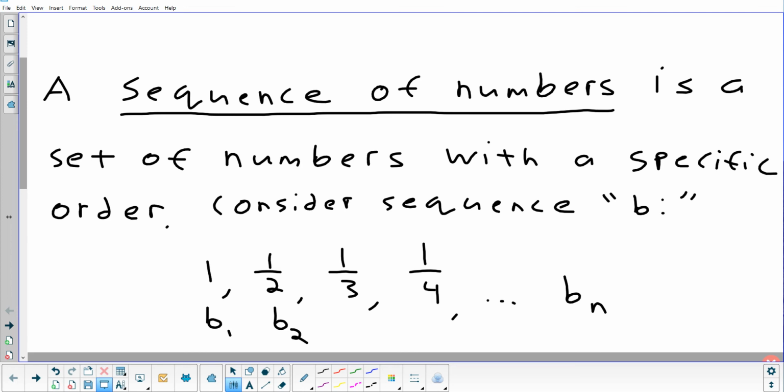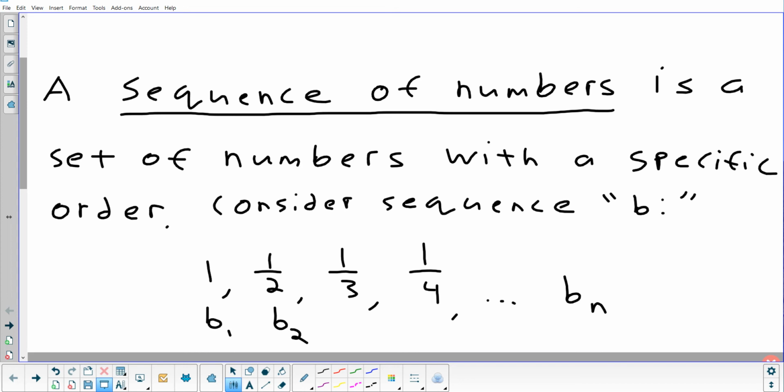Now, this particular sequence is what we call finite. Finite means that it stops somewhere. If you see dot, dot, dot as the last thing in a sequence, then that means it keeps going. So I don't know where this one stops, but it does stop somewhere. Maybe it stops at 1 million terms, 20 million, 50 million. Maybe there's only one more term after this one. We don't know, but it stops somewhere.